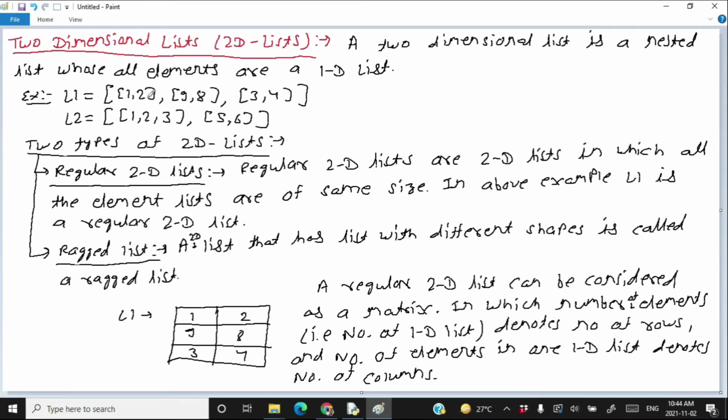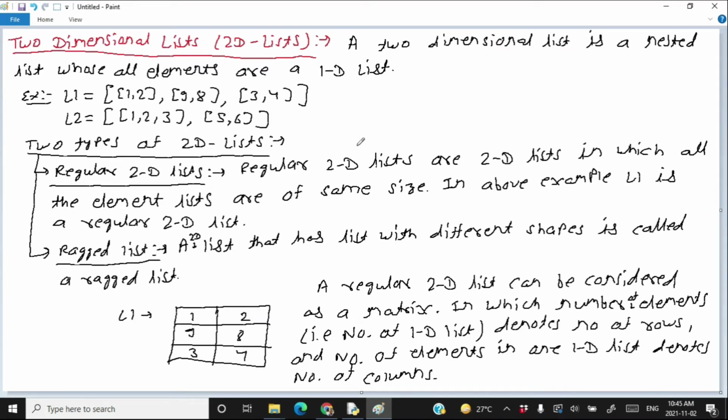Okay, that means here in the list L1 we have 3 elements, therefore we have 3 rows, and each element of L1 is a 1D list having 2 elements, so these 2 are the number of columns.